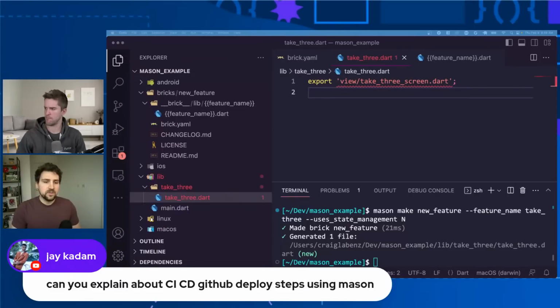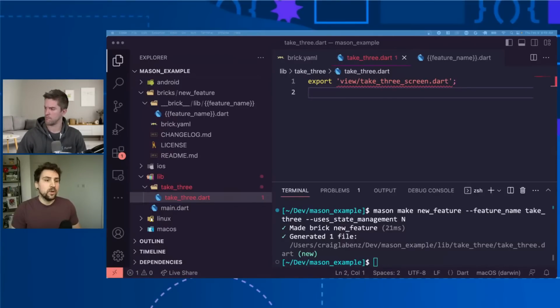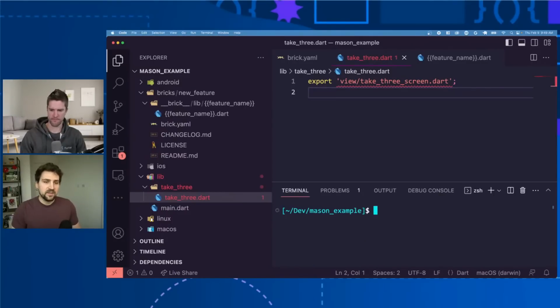The other thing you can do though is validate things in CI. For example, one cool use case in my opinion is using Mason to generate workflows for packages. If you have a monorepo and you usually have one CI workflow per package, you can create a Mason brick for that. And you can validate in CI that, hey, we didn't forget to generate a new workflow for all the packages, so that if a developer adds a new package, they don't accidentally forget to generate a new workflow. And the way that you would do that is by running mason make, the name of your template, and then